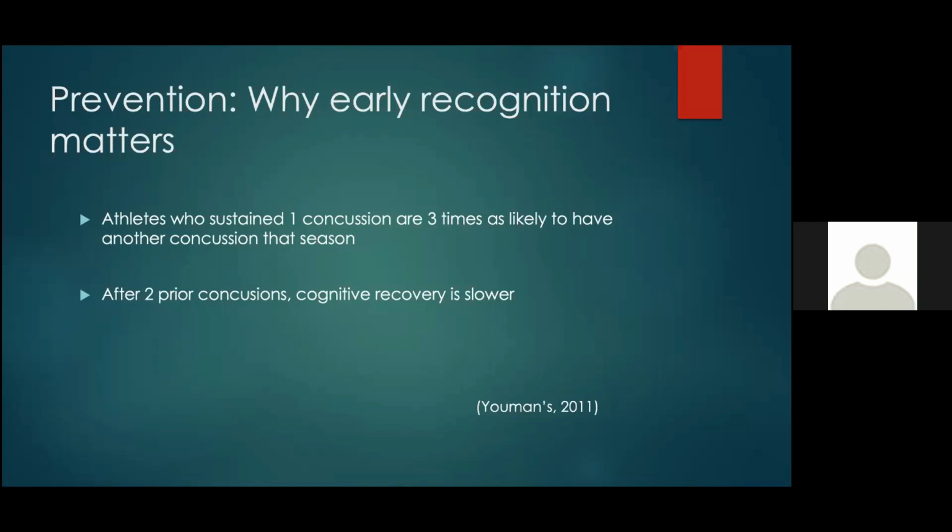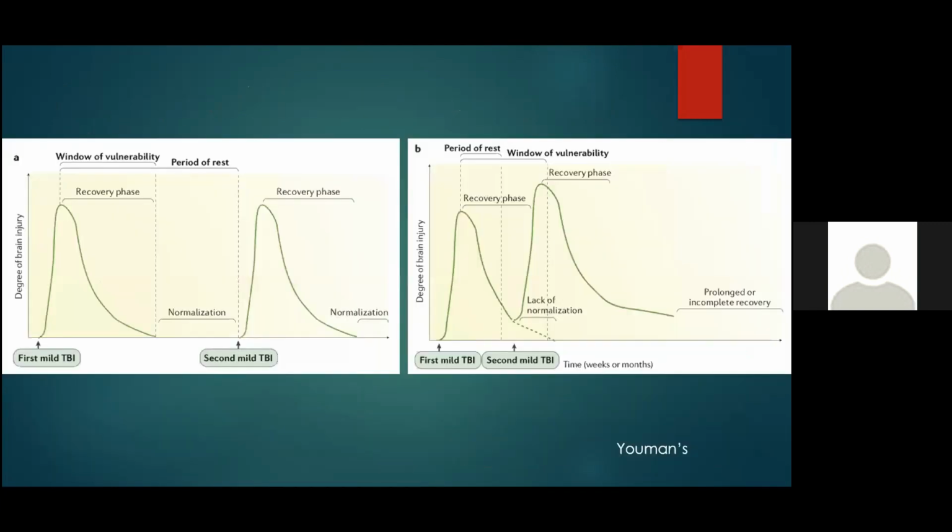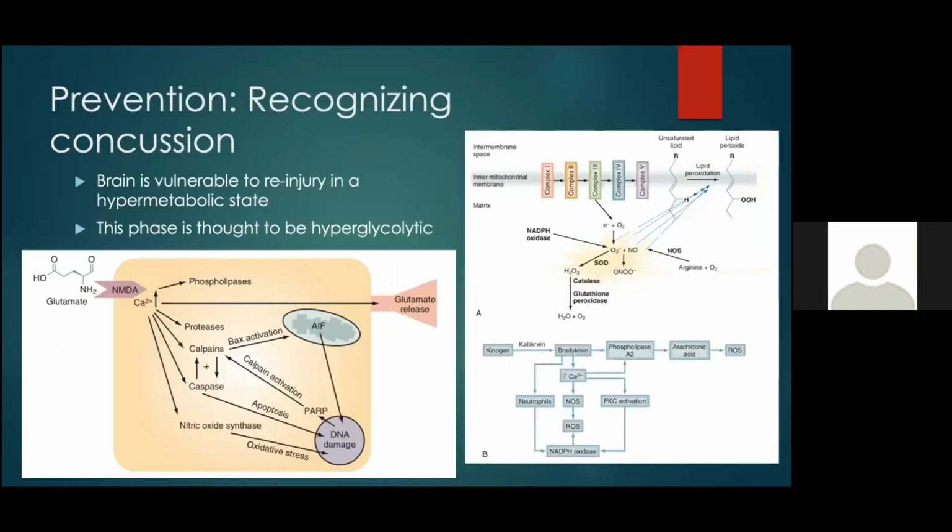So that's kind of the third tenet of preventing CTE, is that where these concussions happen in relationship to one another, how much time passes in between, is really important. And the reason for that is shown here. So there's sort of this window of vulnerability following a concussion or a mild TBI. I go back to this slide,